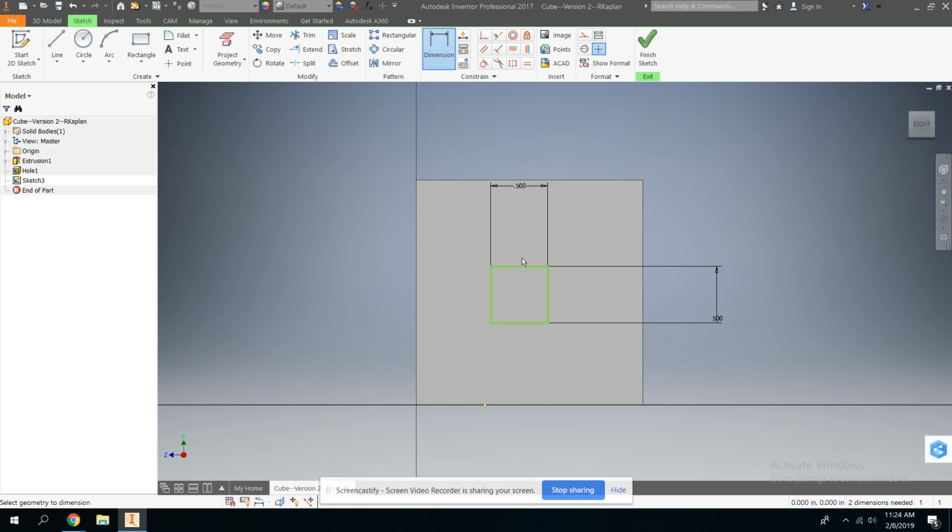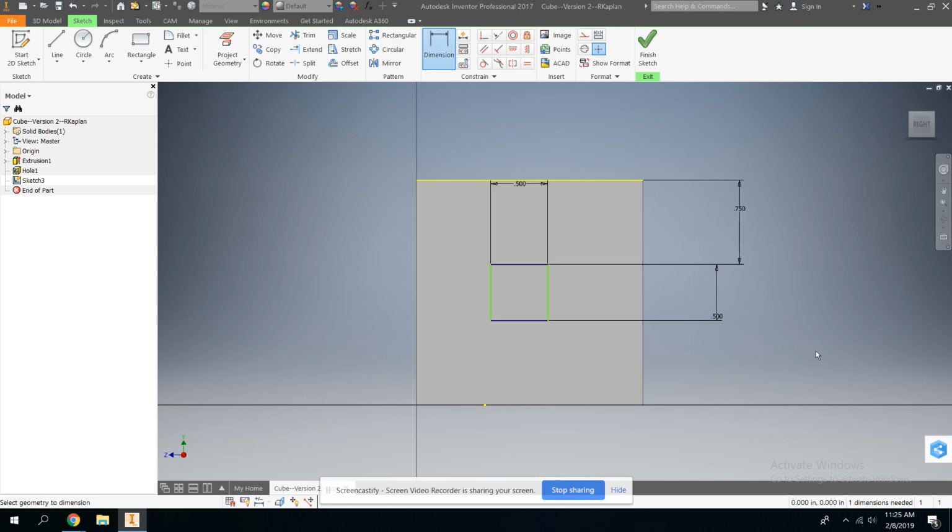So we're going to click on this edge of the square without clicking anywhere else. You're going to hover over until this is white, click on it, drag out to the right, and we're going to tell the computer, I want the distance in between this line and this line to be 0.75 inches,